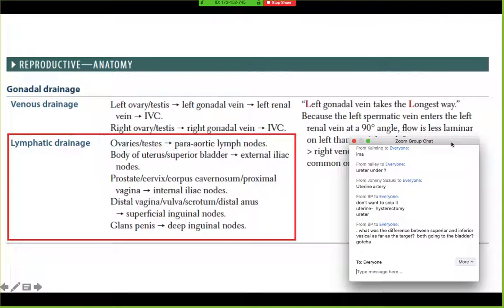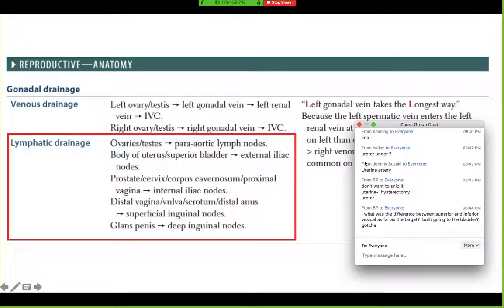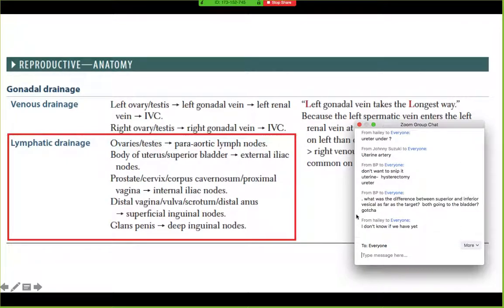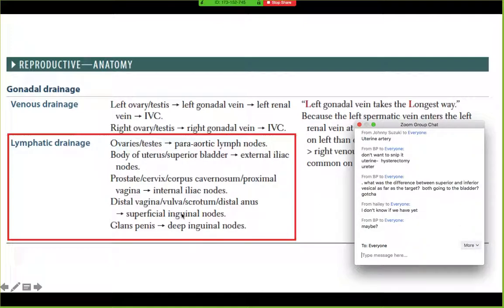And then she also had several slides about lymph. Have they asked you guys about lymph yet on your written exams? Have you had any questions about lymph drainage on the written exam? Yes, no? Don't remember? You don't know if you have yet? Okay. I know they did a couple times last year, so this would be one place where it's important